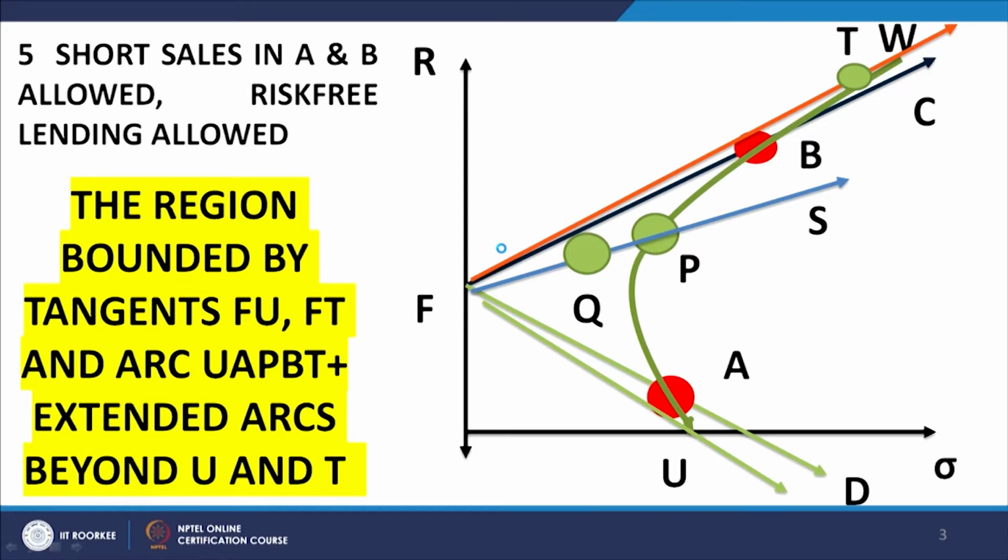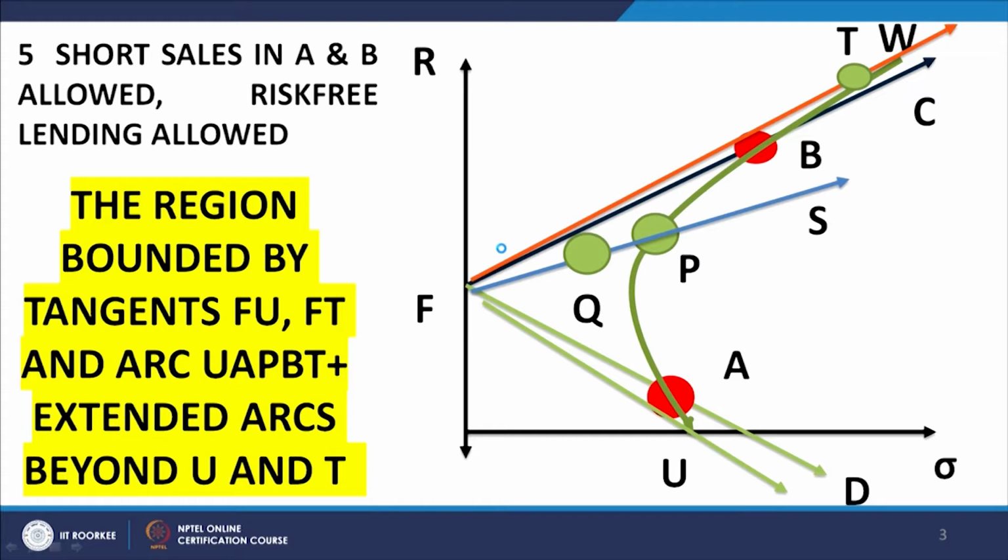But because risk free lending is also allowed, we would also have points along FT. The entire region bounded by FT and FU, where T and U are tangents. So, what it means is that the entire region which is bounded by the lines FT and FU, where T and U are the tangents drawn from F to the hyperbolic arc AB extended both sides, would form part of the